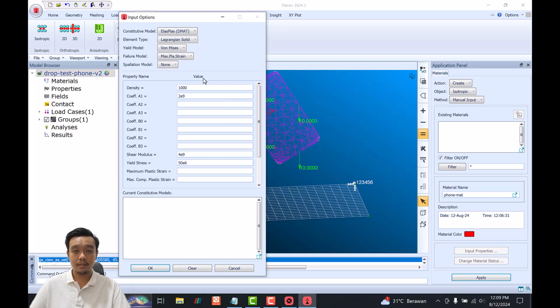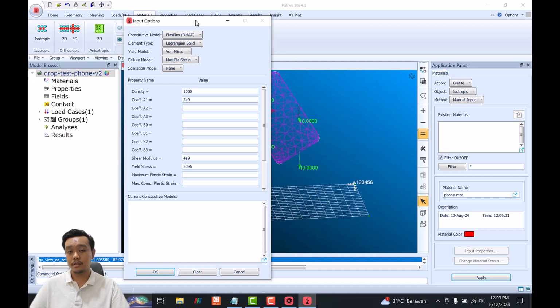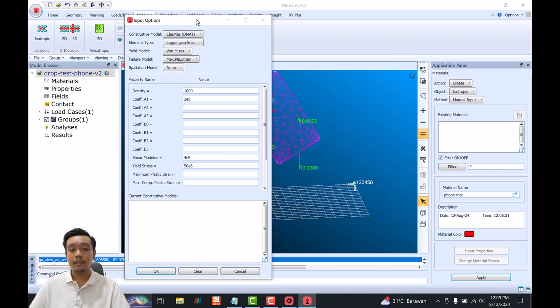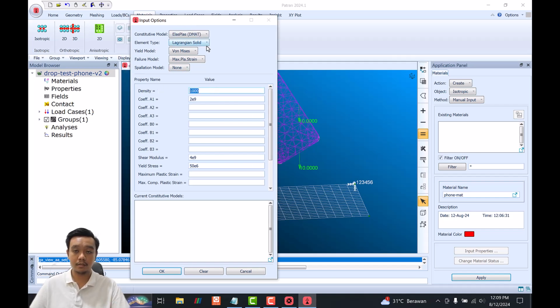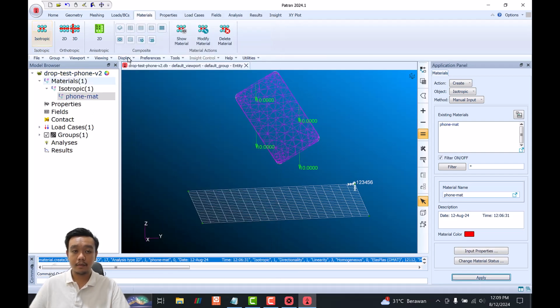But one thing you must consider is the density change will also make the delta time change. So it will relate to the sound travel, sound speed travel in the materials, and the sound speed itself is determined from the density and other parameters. Okay, just apply. And we want to make one more material called a rigid